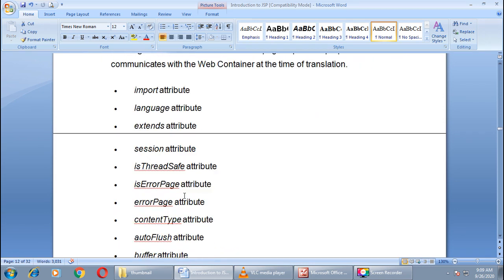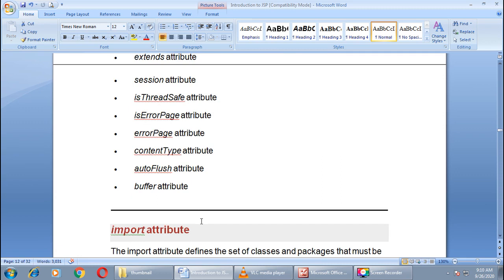The page directive has the following attributes. Number one is import attribute, second language attribute, then extends attribute, session attribute, isThreadSafe attribute, isErrorPage attribute, contentType attribute, autoFlush, and buffer attribute.